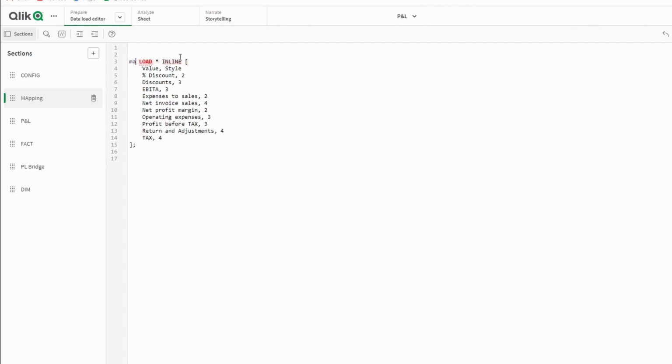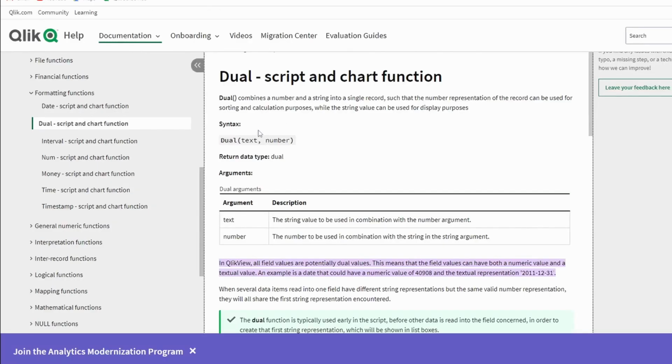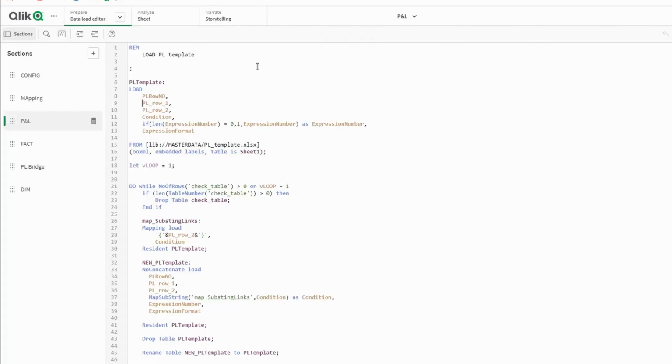Let's make it a mapping table and call it map style. Okay, next let's go to the PNL section and apply the dual function here. The dual function has two parameters. The first one is the text, the second is the number. So here we create the dual function